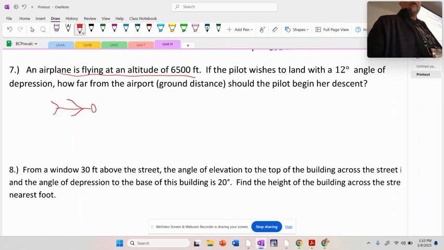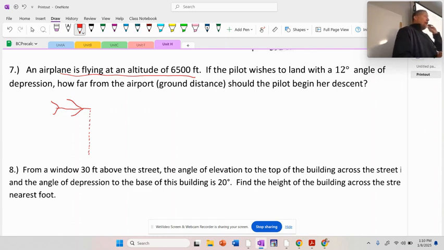Of course, if I put a head there, then it just looks like someone swimming or something. But anyway, let's say we're talking about angle of elevation or depression. So let's put it right at where the... What's the person that flies an airplane? Pilot. The pilot is looking at, and then that's 6,500. So it's straight down to the ground. Okay. If the pilot wishes to land with a 12-degree angle of depression,